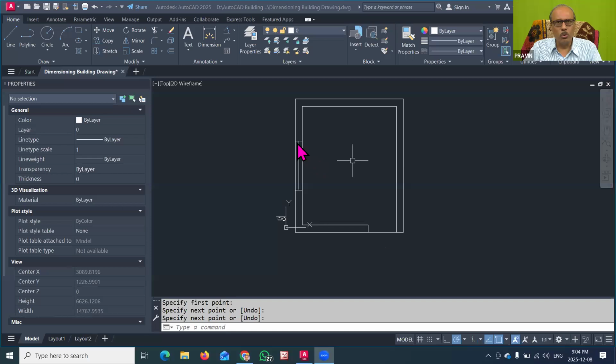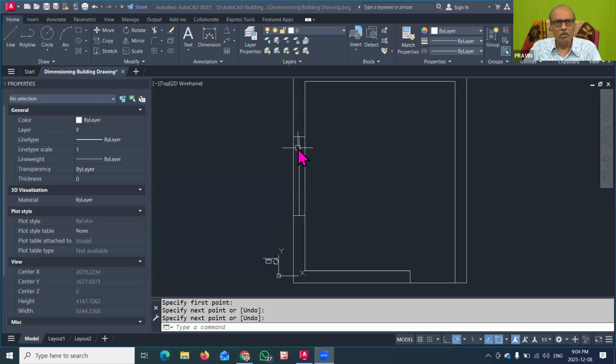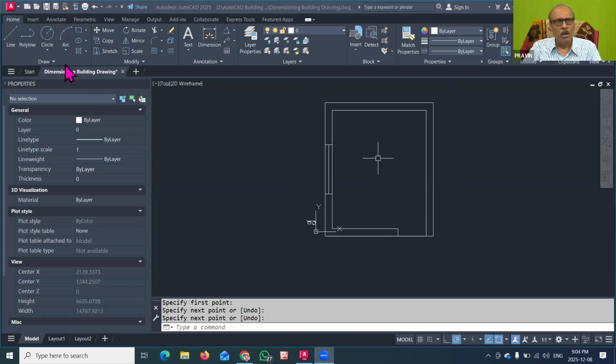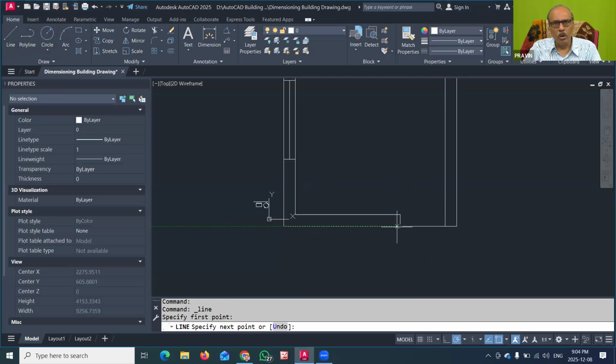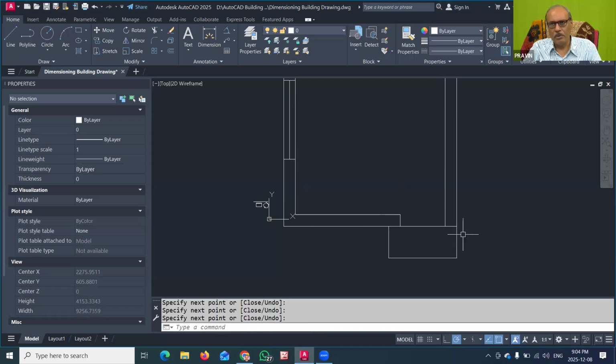Now I want to show the dimensions of the sajja here. So all the dimensions you have to follow. Suppose you want to show the steps. So you can start by using the line command. You can move aside here by 230, and you can come forward by 600, so you can accommodate the two steps. Now I will take the projection by using object snap tracking, and these are the steps for entering into my